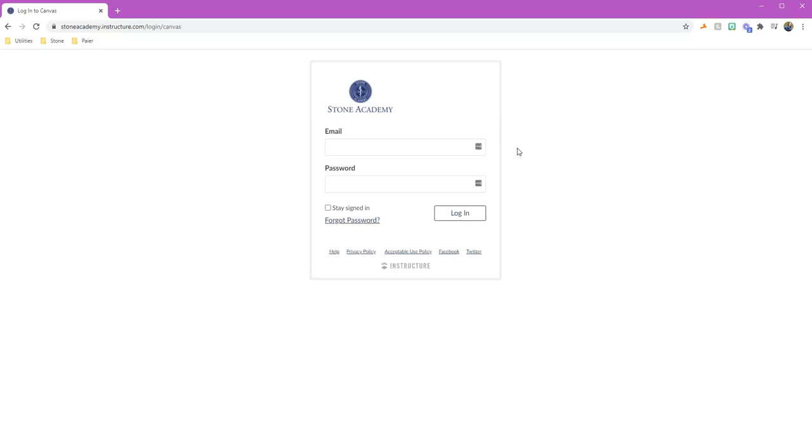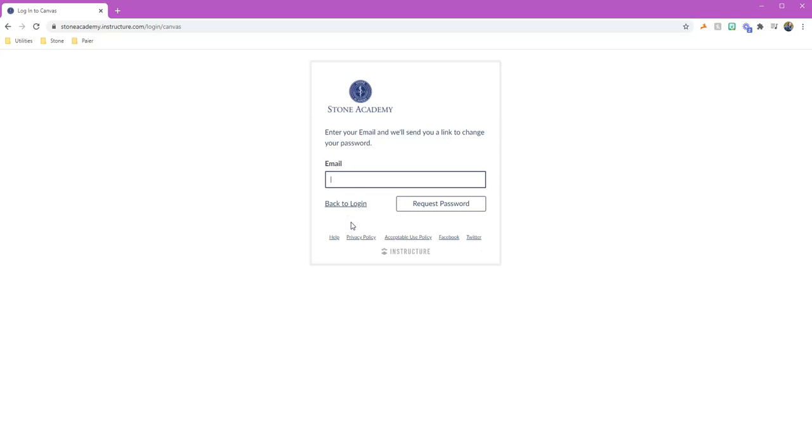So the very first time that you go to stoneacademy.instructure.com, you're actually going to click on the Forgot Password link. Now, I know you didn't forget your password because you never had one to start with, but this is the way that we're going to set our password for the very first time. So we're going to click on Forgot Password, and the email that you absolutely have to use is going to be your brand new